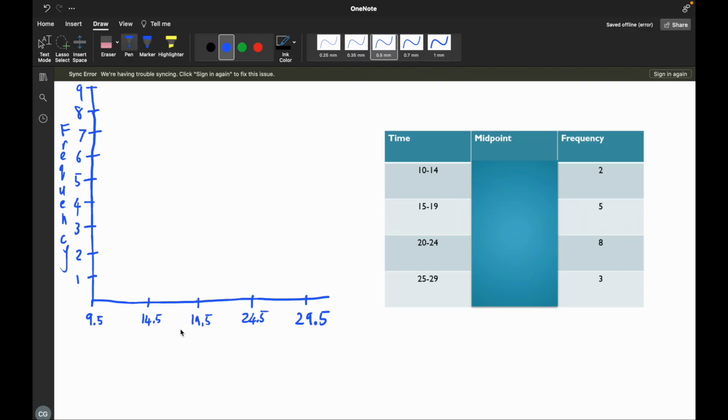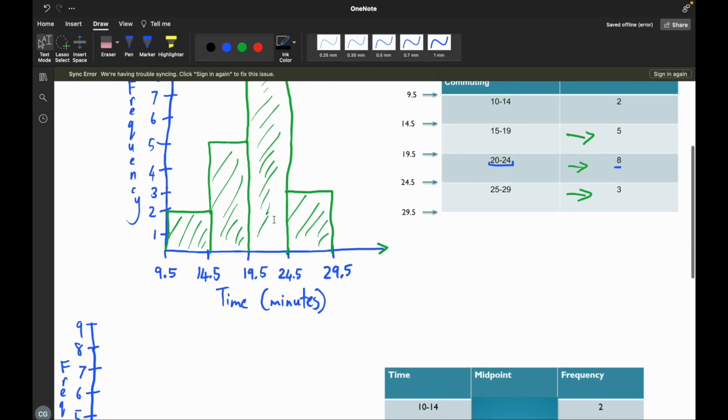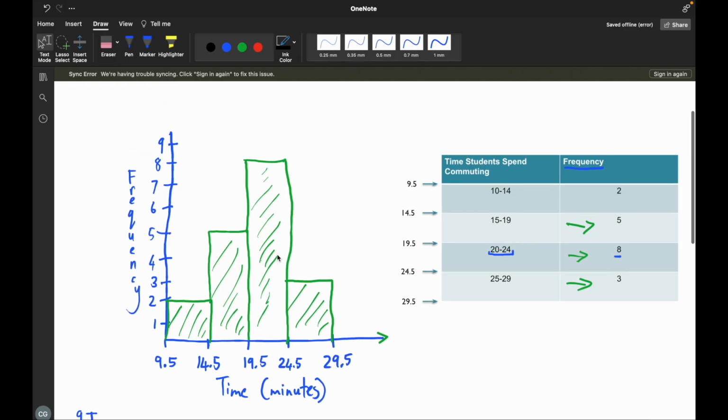Okay, make sure we stay on top of that. So this one here is going to be time. I'm going to call this minutes because we did minutes the last time with the same chart. So notice that this chart is the same thing that we did for the histograms. Okay, guys? It's the same thing. But we are going to see the difference now between the histogram and the